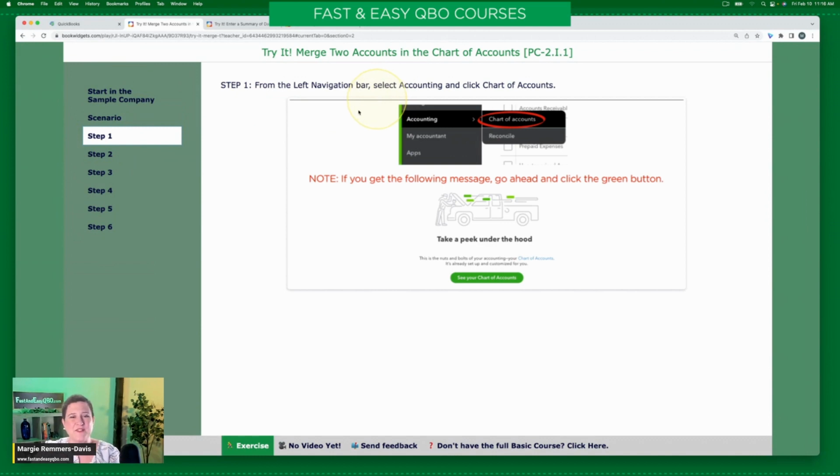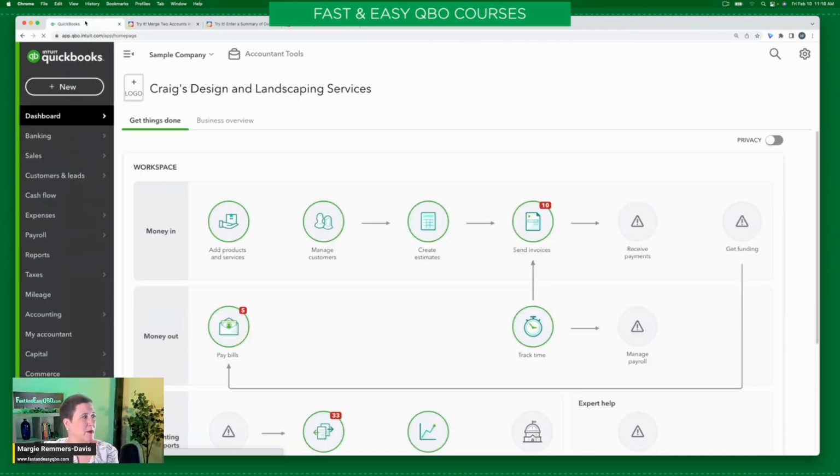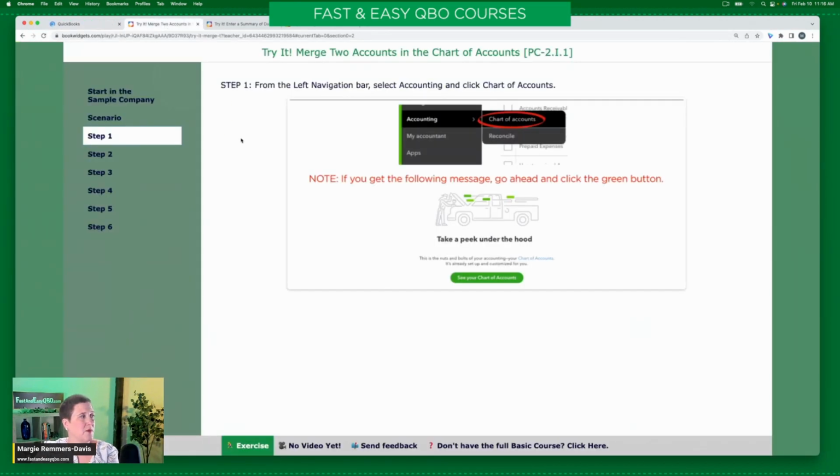From the left navigation bar, we're going to select accounting and click chart of accounts. Okay, so here I am back in my sample company. On the left-hand side, I'm going to click accounting and go to chart of accounts. Okay, while that's loading, we'll just hop over here. The next thing that's going to happen, because this is the first time that I have gone into the chart of accounts in this version of the sample company,